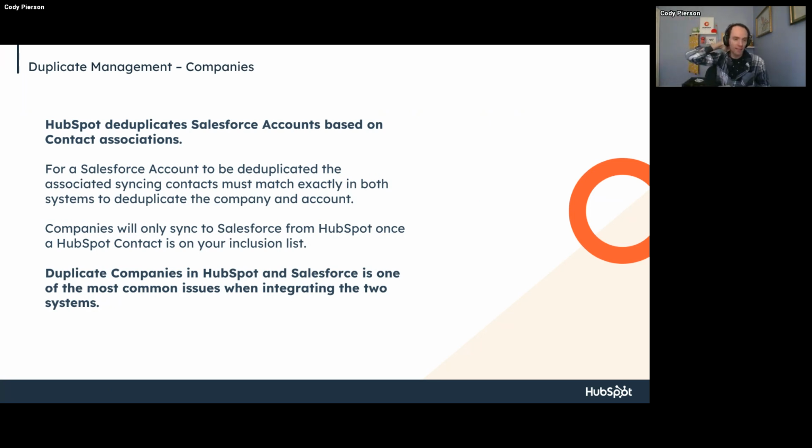Basically, what that's saying is that if the company in HubSpot is called Hubcap Solutions and only has Cody associated with it, but you have a company in Salesforce called Hubcap Solutions that has Cody and Lisa associated with it, when that record tries to sync, even if the names match exactly, and this is the first time it's syncing,